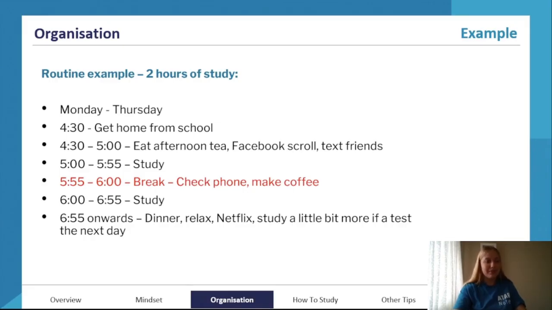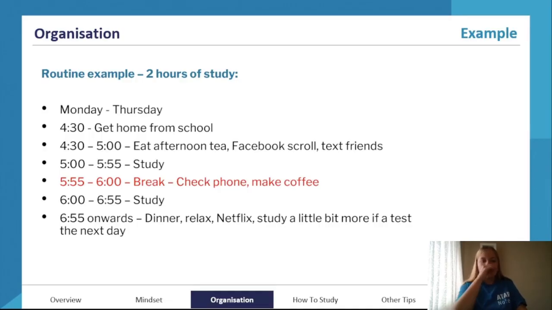So between 4:30 to 5 I would do things like, you know, eat something, have some kind of snack, have tea or coffee, scroll through social media and catch up and text friends, talk to my family, and then I would study for about an entire hour from 5 to 6 and fit in a little break in between the